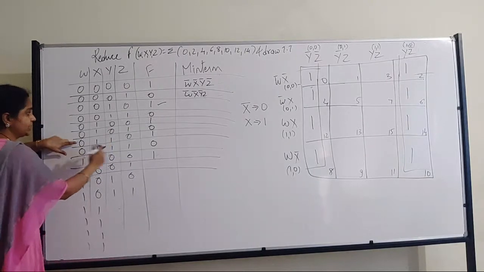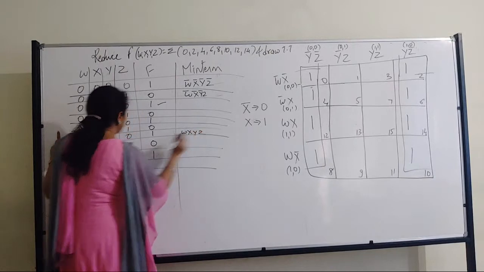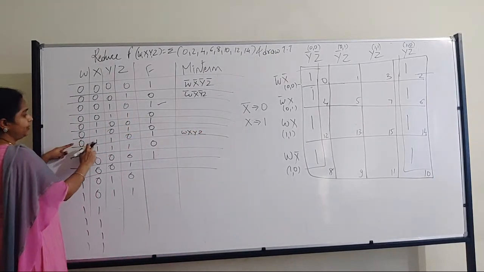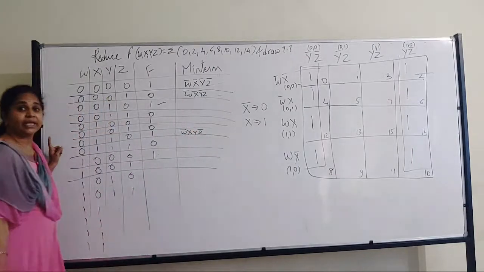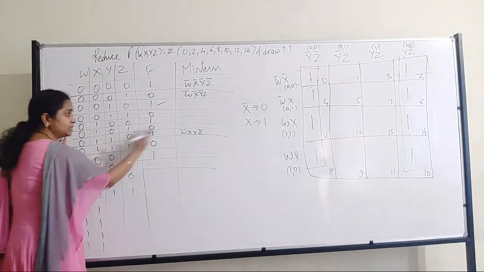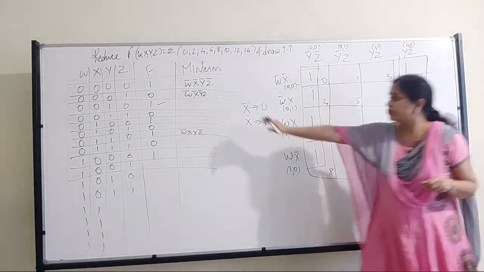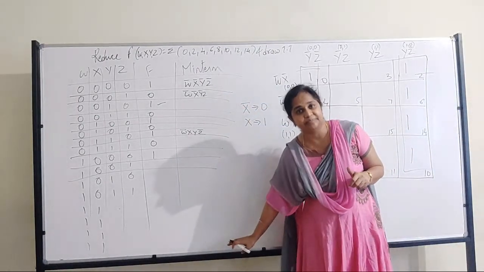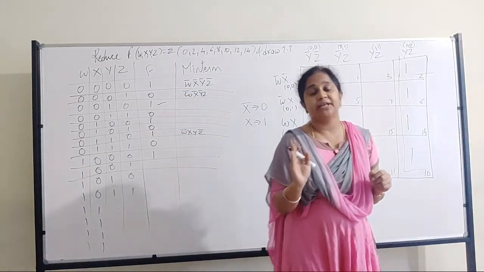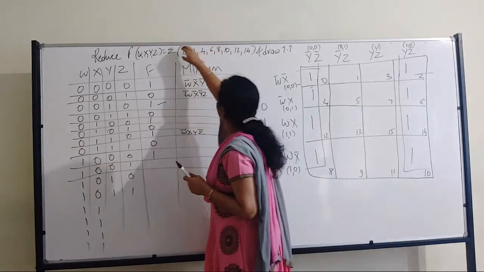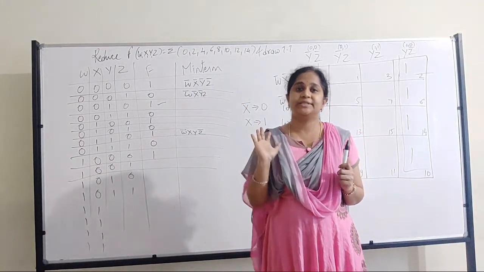0, 0, 0, 1. I will come here now. So 0, 1, 1, 0. See, 0, where is it? 0, 1, 1, 0. So 0, 1, 1, 0. Can you see? So either you go this way or you try to find out here and then mention that. So all the values we have to mention. Is it clear? And this is very important. Which function will generate the result 1? Whatever is mentioned here, this combination, only have to mention 1. Rest all will be 0.